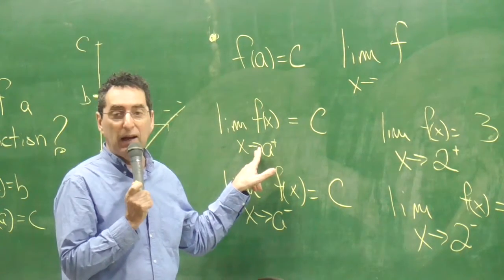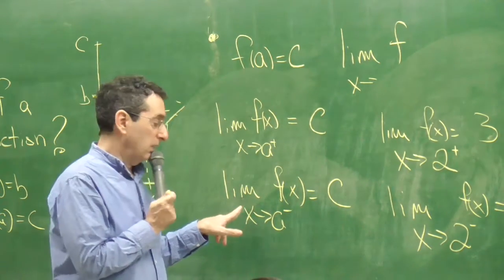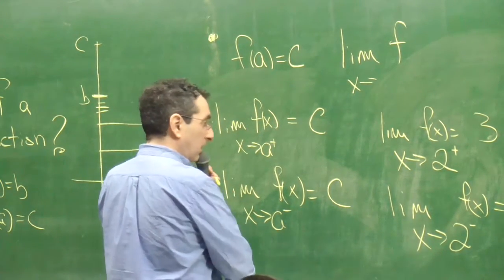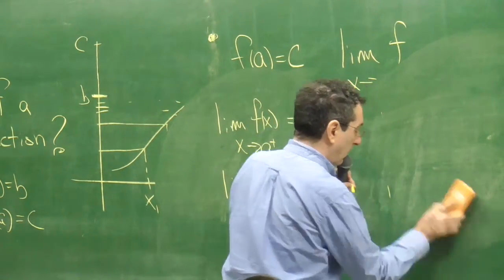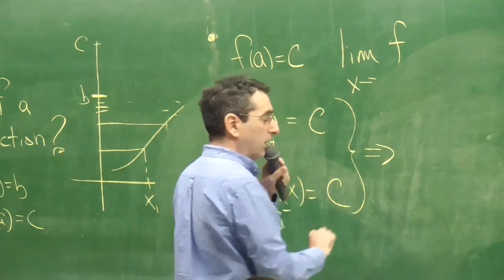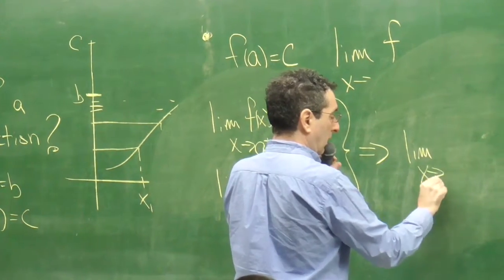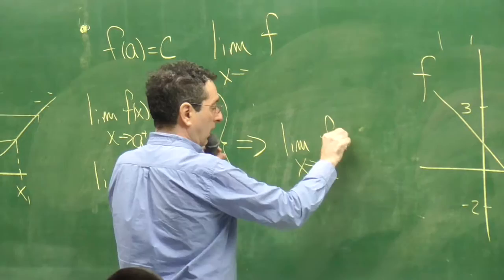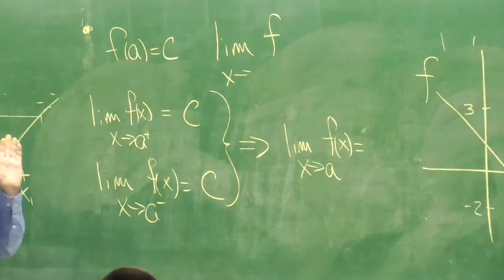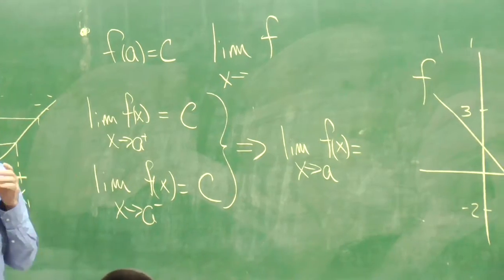If you just look from the right of A, you get a limit of C. And if you just look from the left of A, then you get C. Then the theorem says that these two together imply this. Imply what? If you come from the left-hand side and you get C, and you come from the right-hand side and you get C, then